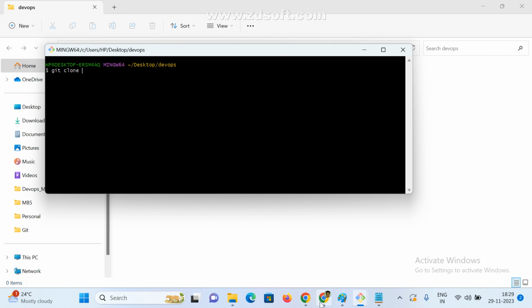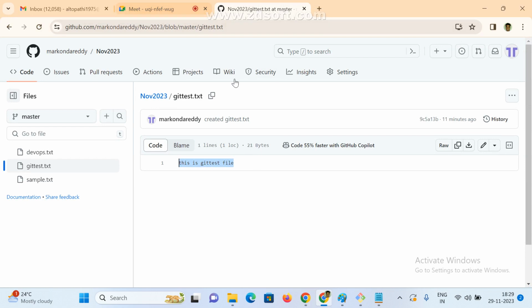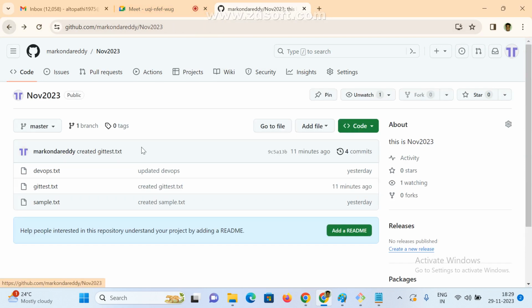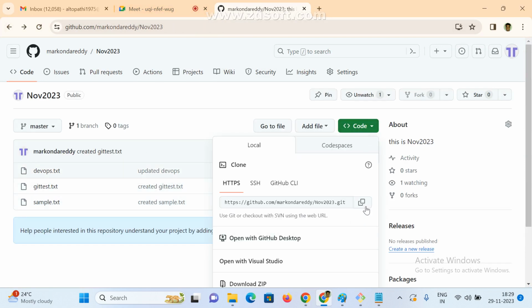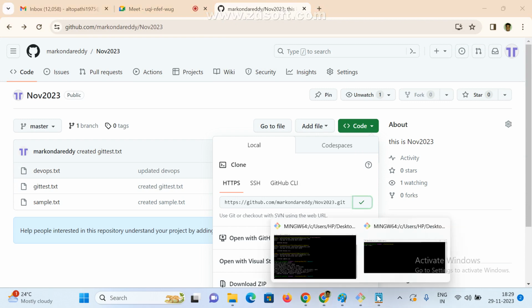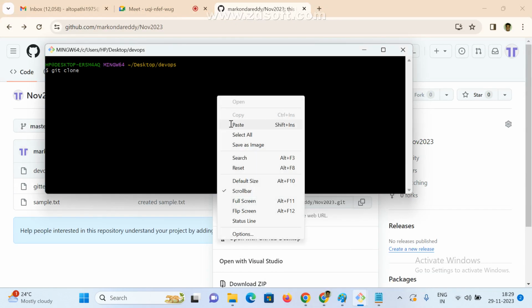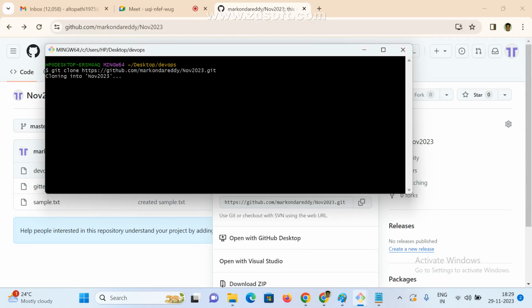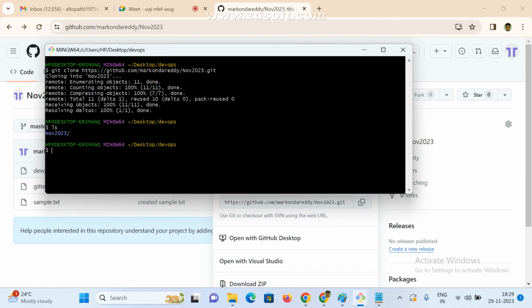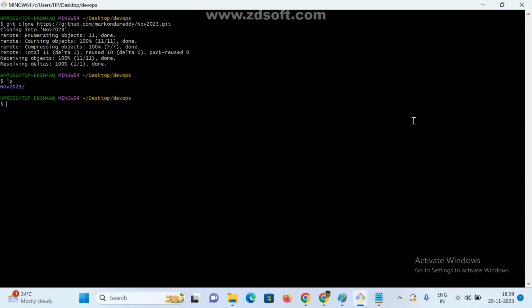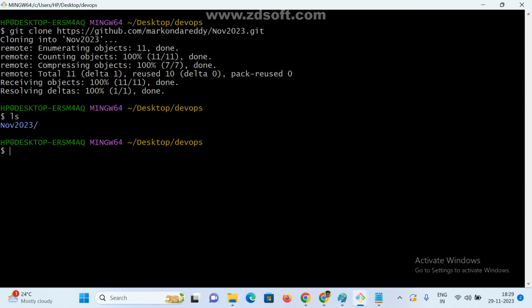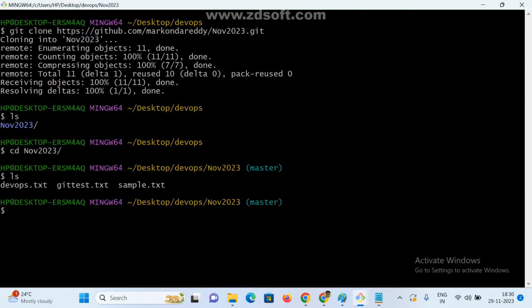First, let me clone it. I will explain what the clone command is later. Don't get confused here, just assume. Copy this code and go here. Okay, ls. Now just assume he is the DevOps engineer, and cd into the folder, and already we have three